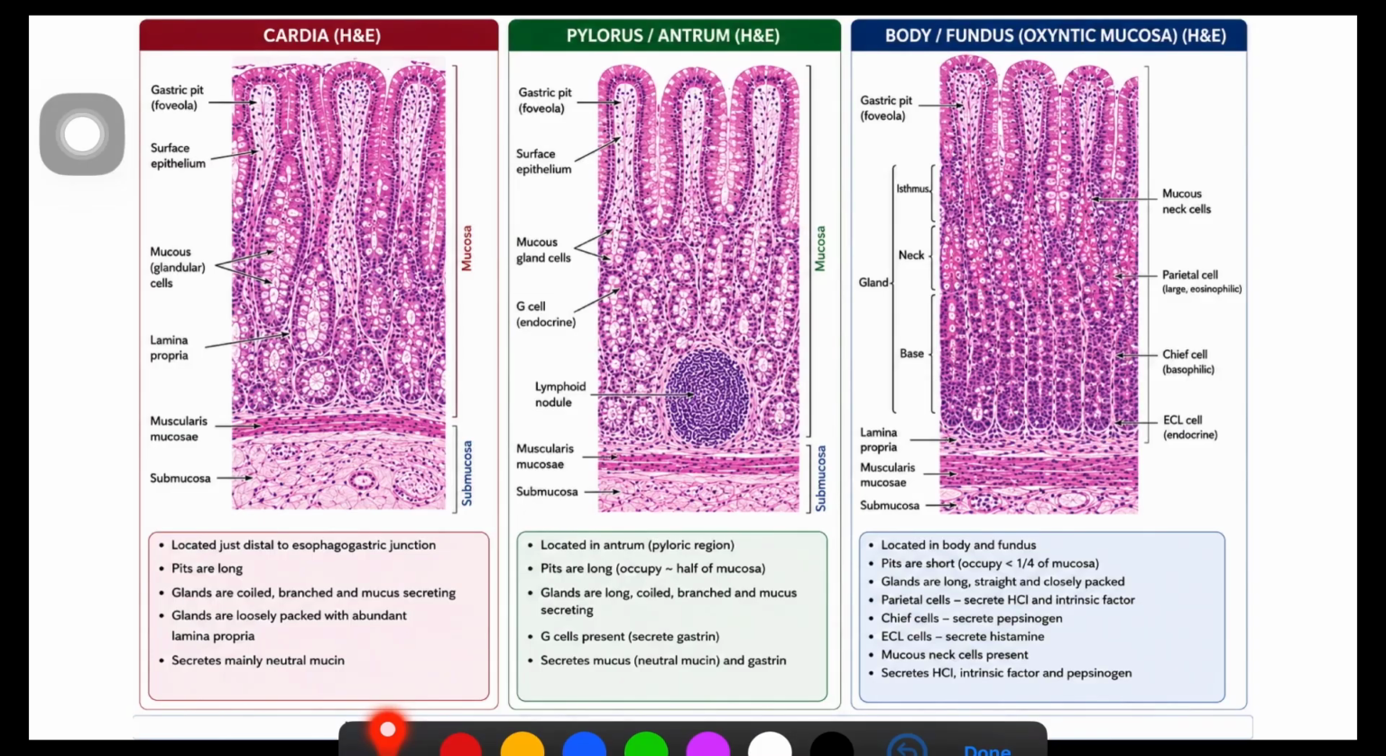So understanding normal gastric histology is the first and most important step toward diagnosing gastric pathology. Once you can confidently identify the normal architecture and the different cell types, recognizing abnormalities becomes much easier. So in our next lecture, we will build on this foundation and begin exploring gastric pathology, from gastritis and metaplasia